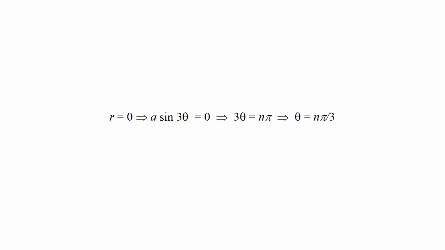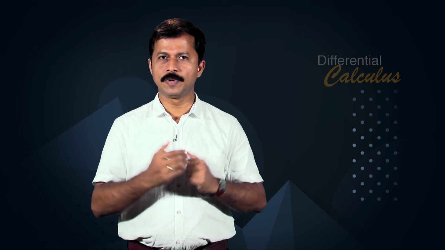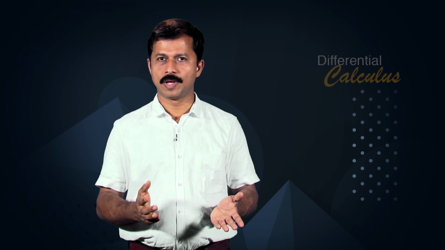Now, r = 0 implies a sin 3θ = 0, which implies 3θ = nπ, which implies θ = nπ/3, where n is an integer. In particular, r = 0 for θ = 0 and θ = π/3.